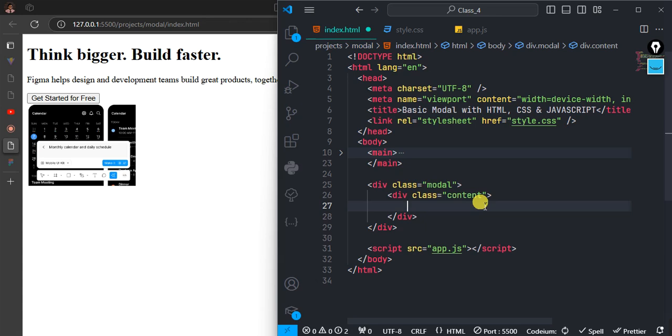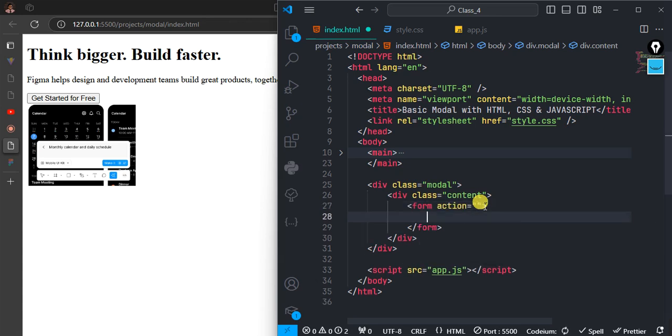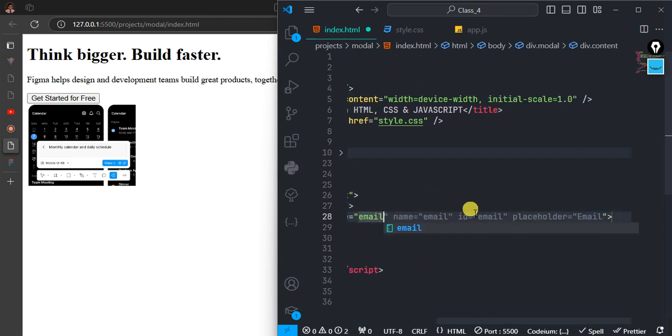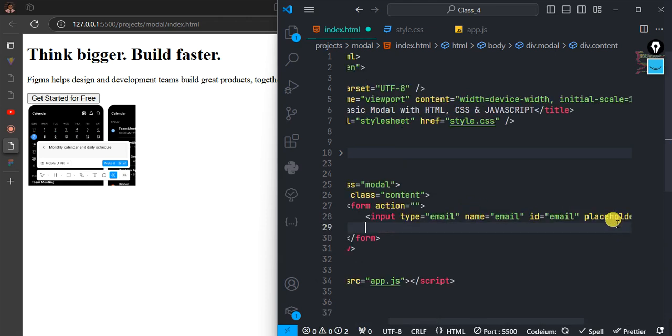This one is going to be of type text. It's going to have a name as a full name. Then the placeholder is going to be enter your full name. So for this one, it is going to be enter your email, and we're going to have the last one, which